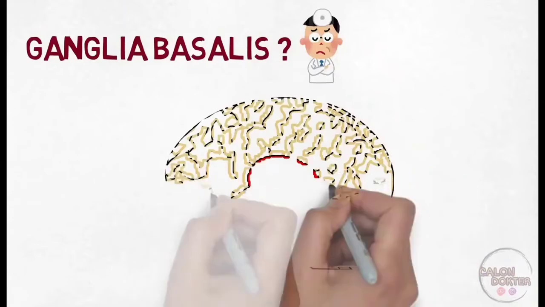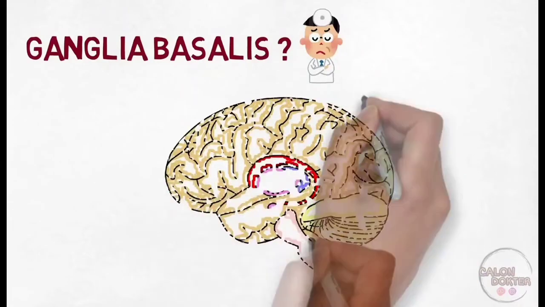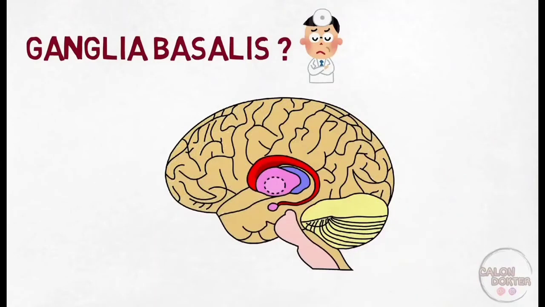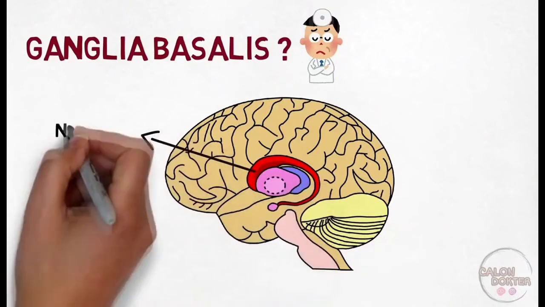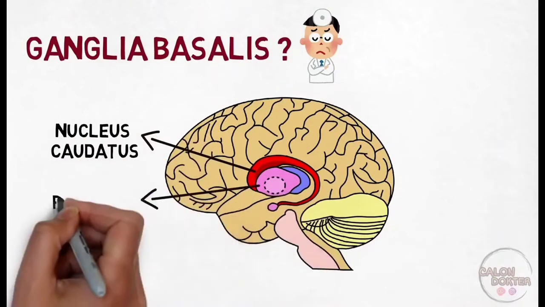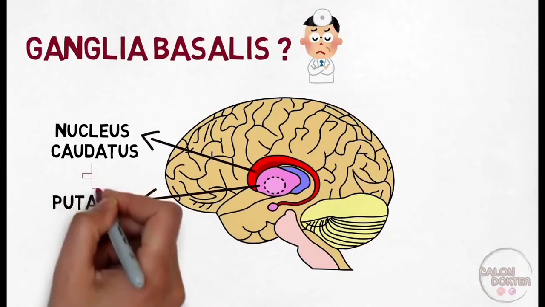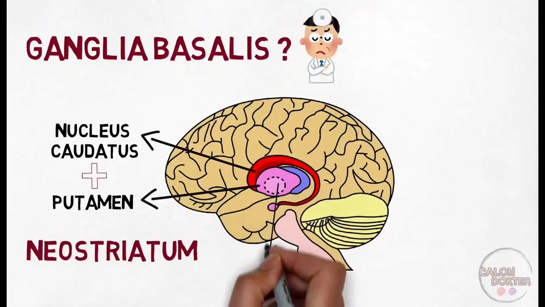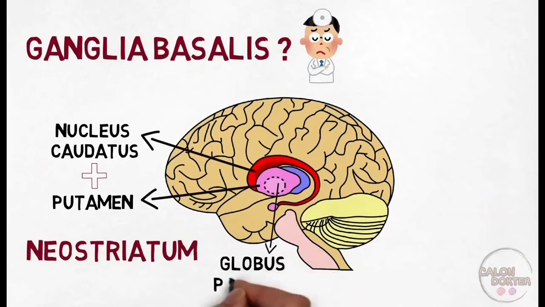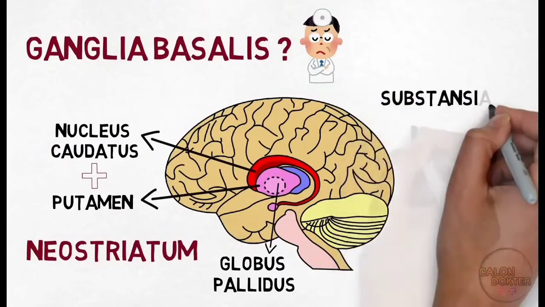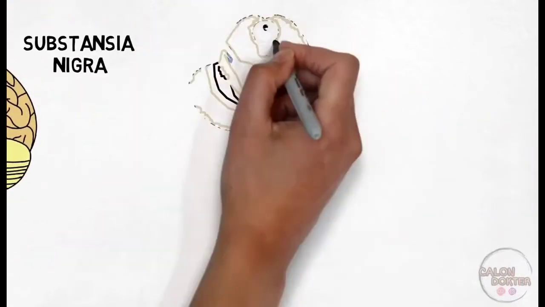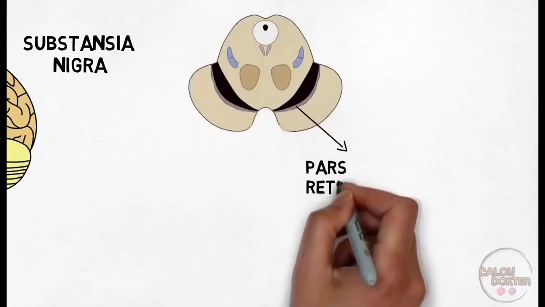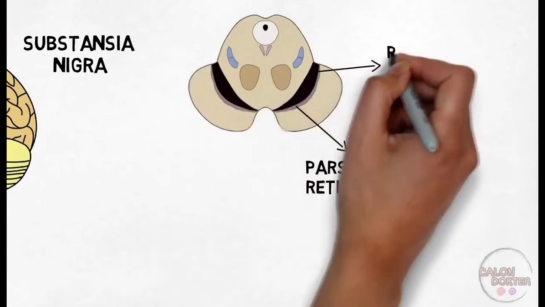Ganglia basal terdiri dari beberapa struktur yang ditemukan di dalam otak kita, yaitu nukleus caudatus dan putamen, di mana kedua struktur ini dikenal juga sebagai neostriatum. Globus pallidus yang terletak di daerah medial dari putamen terbagi menjadi globus pallidus internal dan globus pallidus eksternal dan dipisahkan oleh lamina medular. Substansia nigra terdiri dari pars reticularis dan pars compacta, di mana pars compacta memiliki pigmen